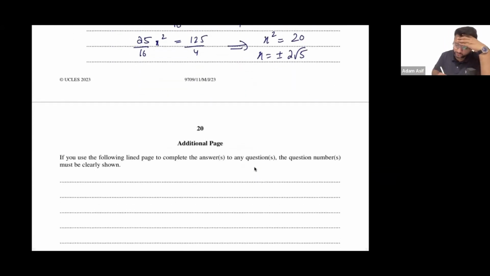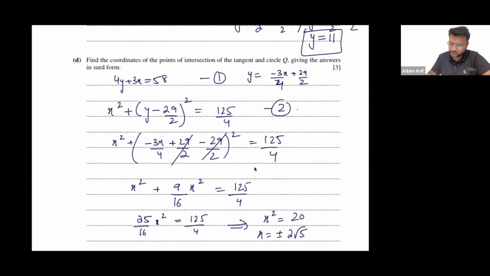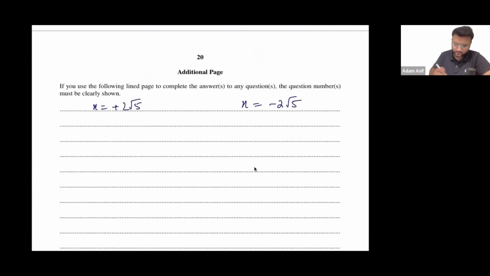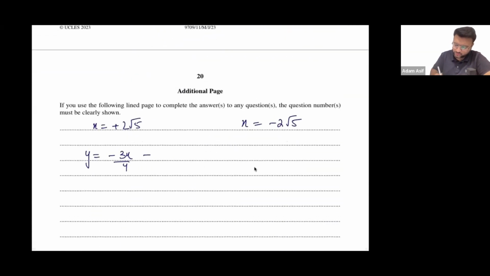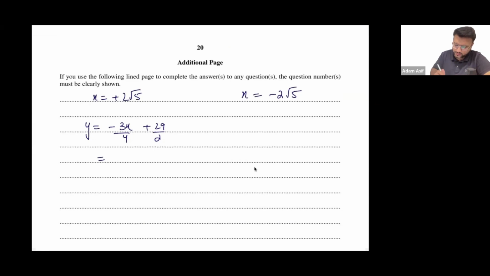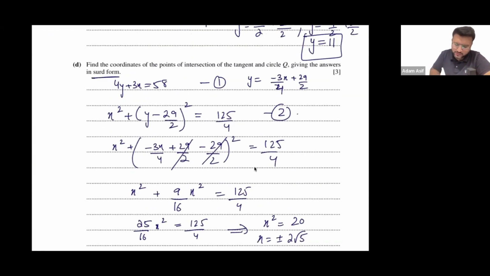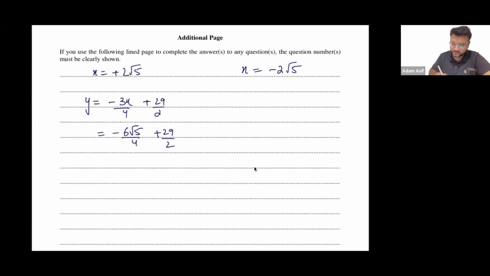अच्छा, अब जब x की वैल्यू +2√5 है तो y की वैल्यू क्या होगी, और जब -2√5 है तो y की वैल्यू क्या होगी? लेट्स फिगर इट आउट। उसके लिए आप कोई भी इक्वेशन में प्लग इन कर दो। यू कैन यूज दिस इक्वेशन, y इक्वल्स टू -3x अपॉन 4 प्लस 29 अपॉन 2, सो -6√5 अपॉन 4 प्लस 29 अपॉन 2। चेक कर लो क्या एग्जैक्ट कोऑर्डिनेट्स में मांगा है। गिवन द आंसर इन द सर्ड फॉर्म, यस एग्जैक्ट कोऑर्डिनेट्स हैं, तो इसको हम एज इट इज रहने देंगे, ठीक है। जहां तक सिंप्लीफाई हो सकता है वहां तक कर देते हैं।